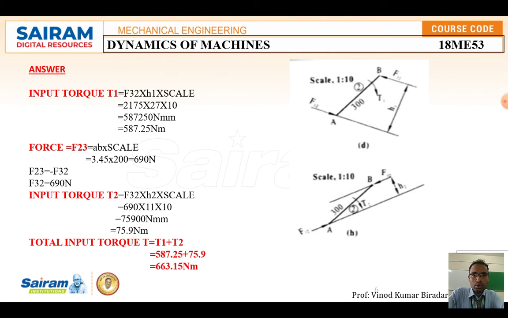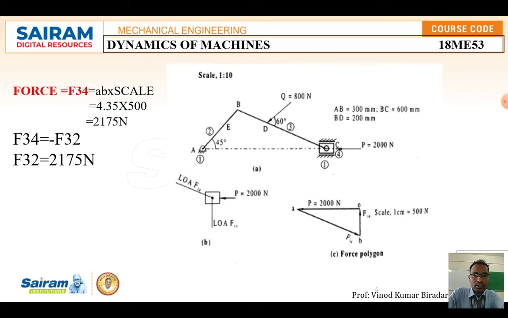Here one more is there. Again you consider the BDC link. Here there are 3 forces acting on that. What is the condition for a 3 force element? All 3 forces should meet at a point. That point is called the point of concurrency. You have to draw that once again. Now this piston element is over. You calculate that value. Now you go for this.